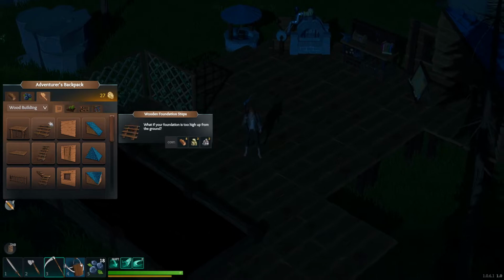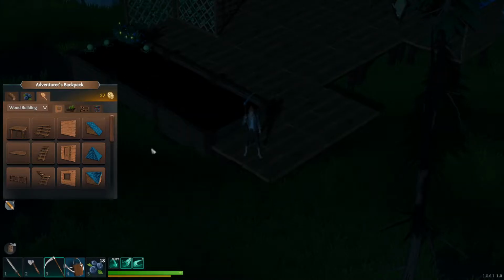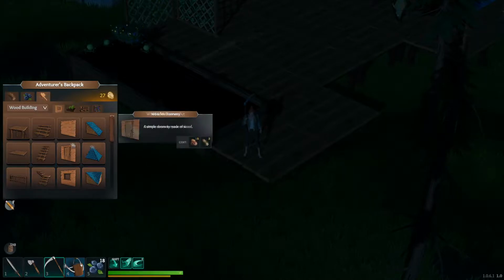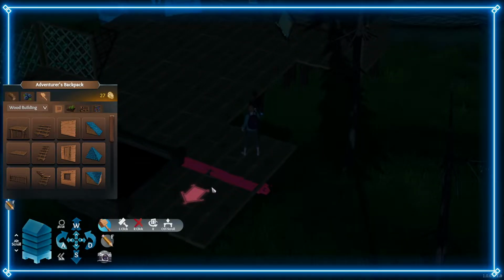Could also just build out on the other side for what I want to do. This is not really high enough. Otherwise, we would need to put in a ladder. But then we still don't really... Well, I could put a ladder here, of course. So that you have wooden foundation steps, right? And then you could put this